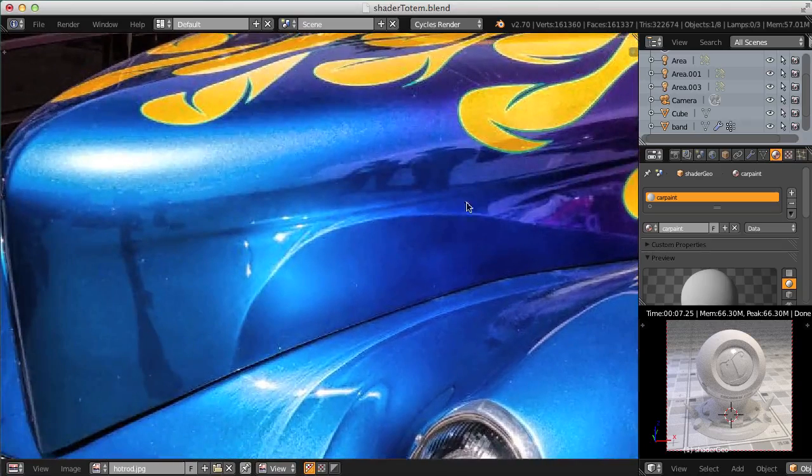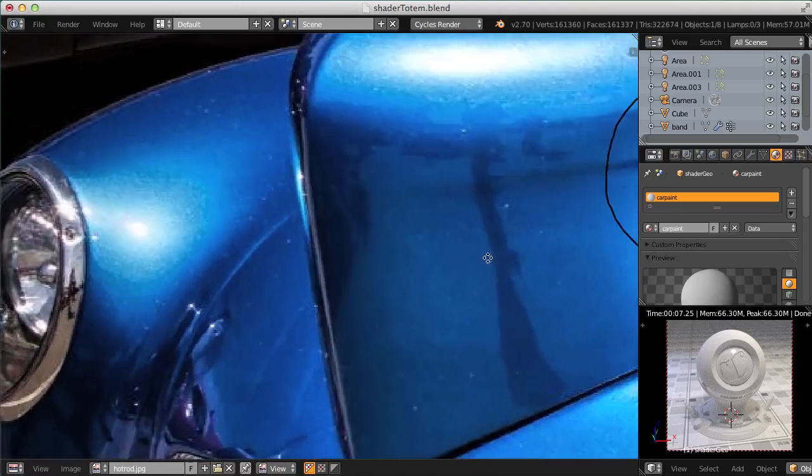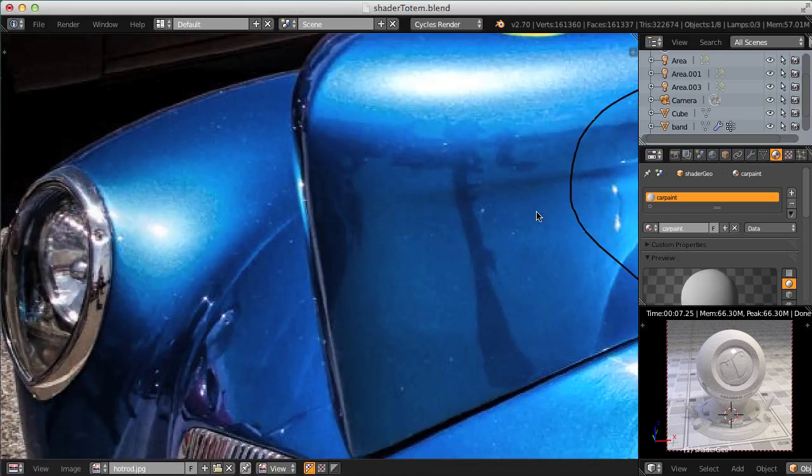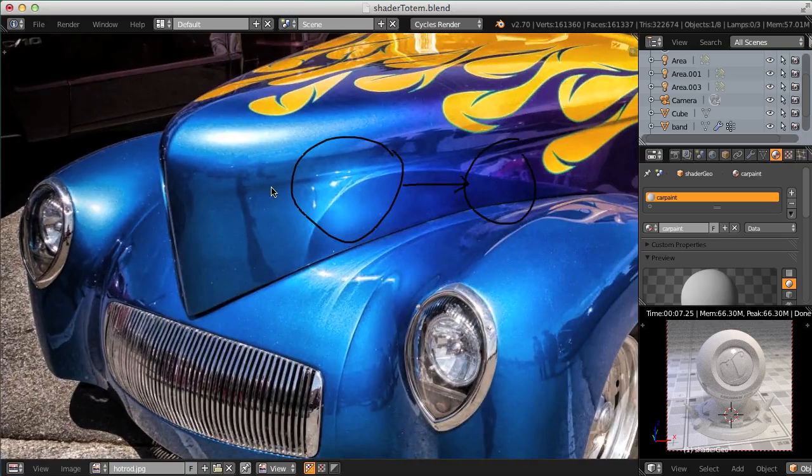But if we go up here, for example, right here, the car paint is vibrant and higher in value. And then as we progress down the side, it gets darker and darker. That's also very apparent right here, where it's brighter and then gradually gets darker and darker as it wraps around the surface. So not only will Fresnel be affecting the reflections,